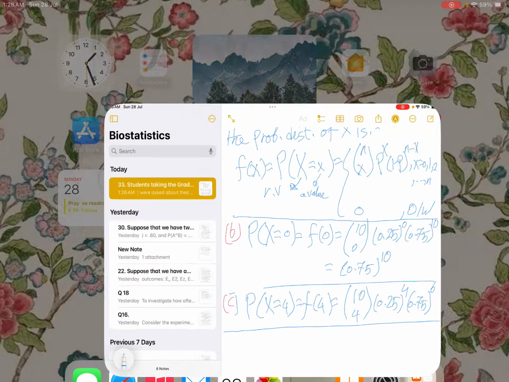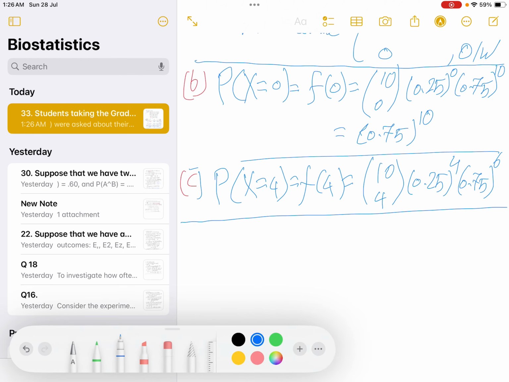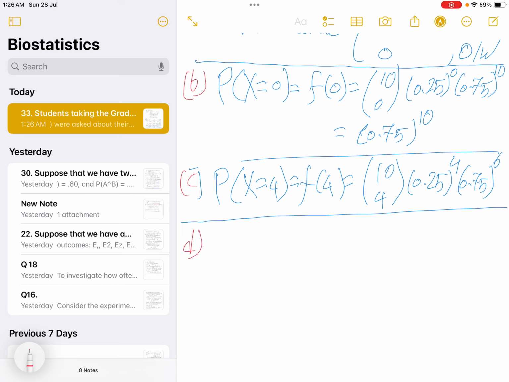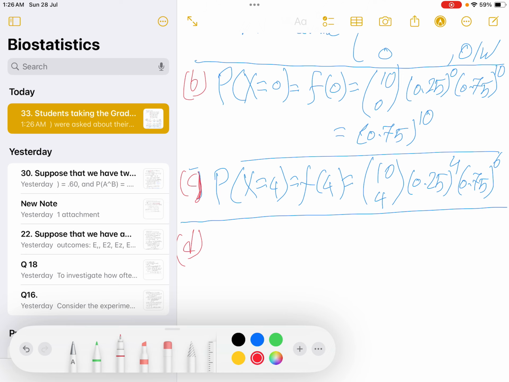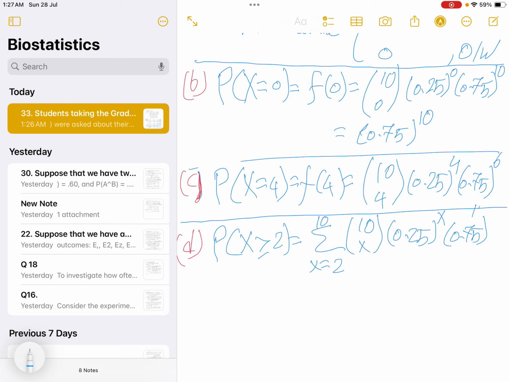Then here, number D, at least 2, which means summation of X equal 2 till 10, 10 over X, 0.25 to the power X, and 0.75 to the power 10 minus X, or